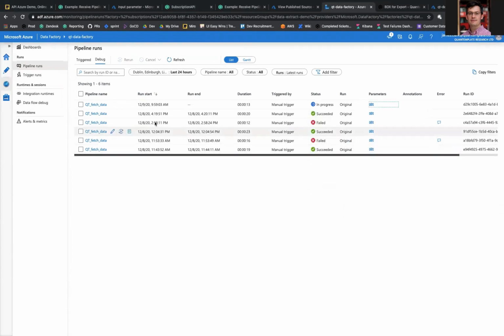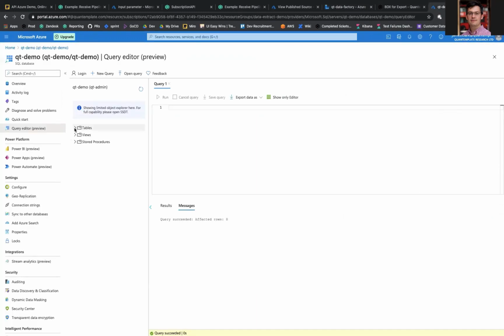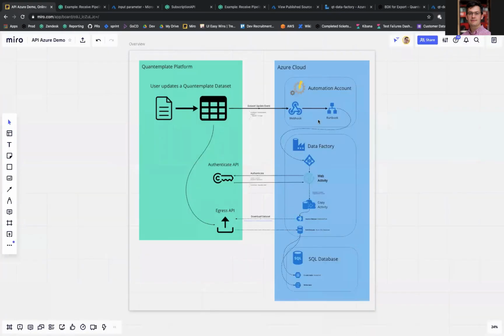2N22. Let's jump into this, which is now probably finished. Yes, we can see that both stages have completed. And here's our database. So before we ran it, the table was empty. Now we can see the dataset is there. Let's select the data. And there we go. There's the data flowed through into our SQL table. So that was the end-to-end process run through to data in our SQL